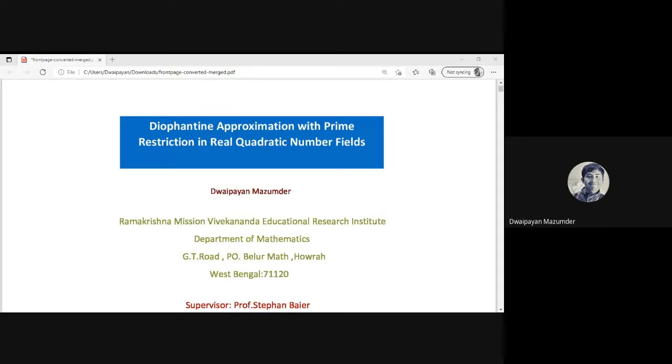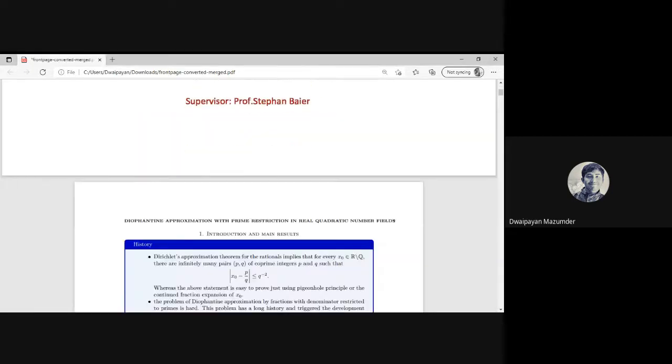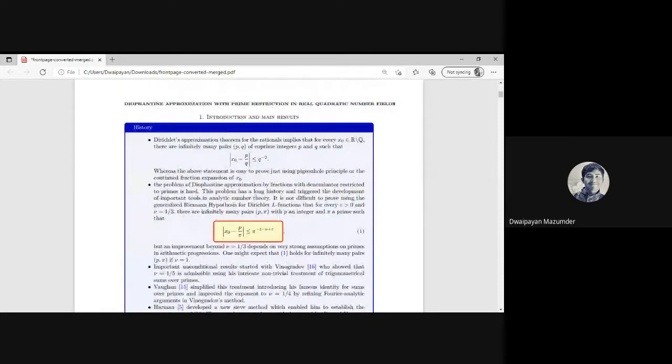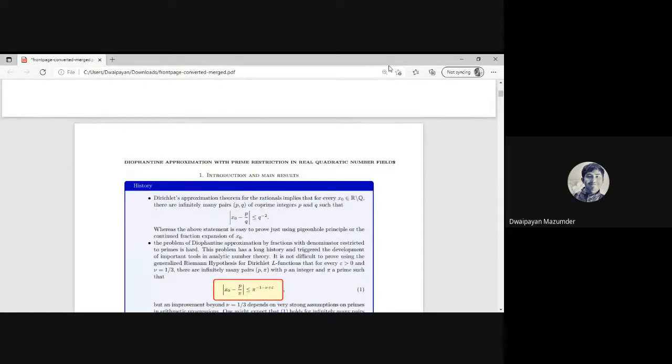So our title says Diophantine approximation with prime restriction in real quadratic number fields. Let us first investigate Dirichlet's theorem. We all know that the rational numbers are dense in the real numbers. So if you take a real number,